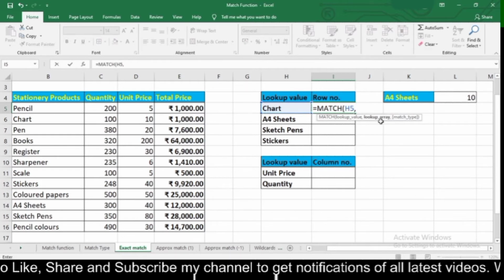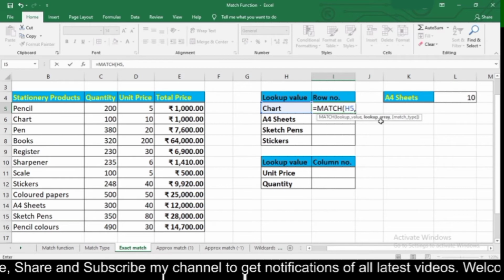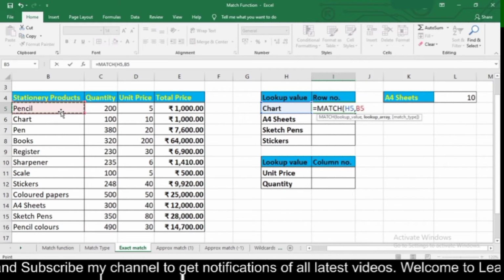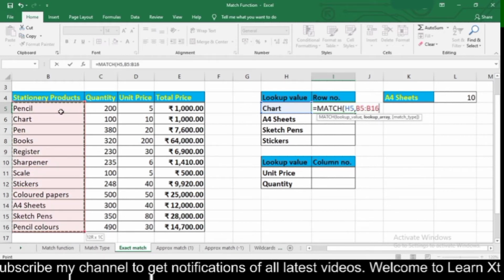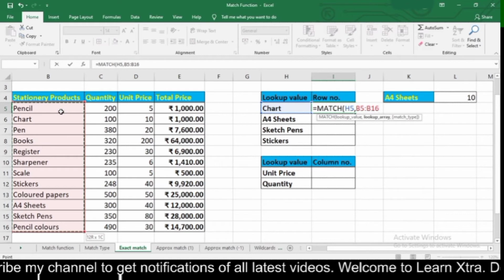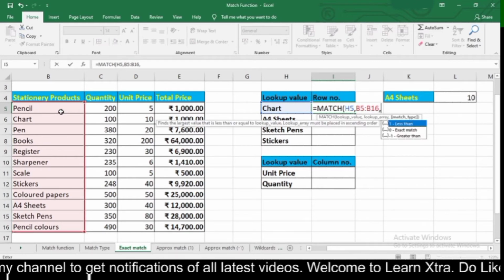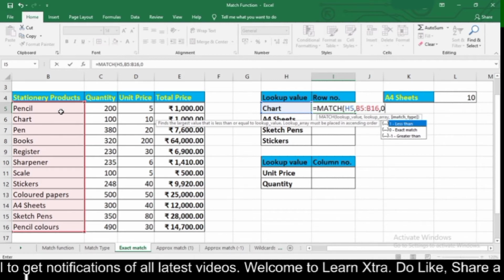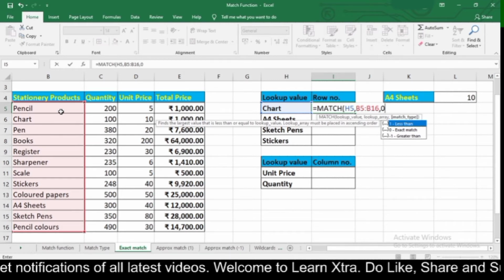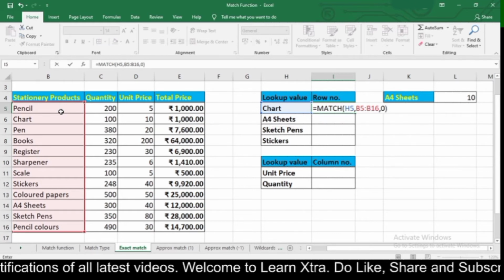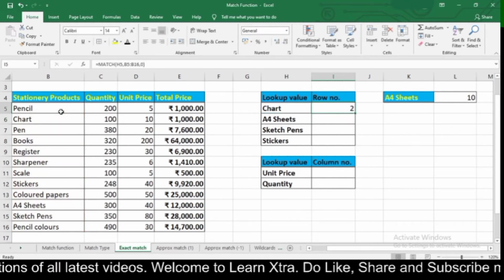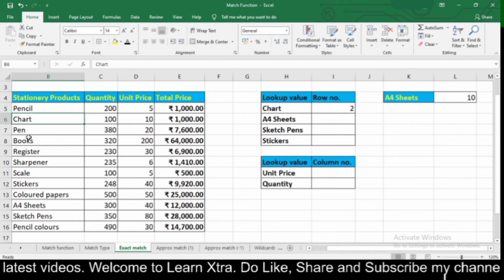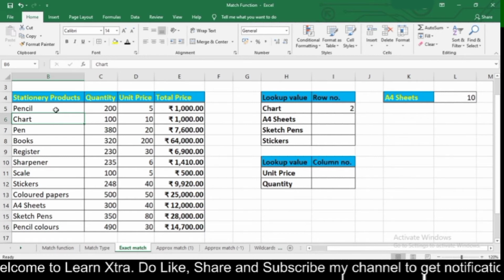Then lookup array. Lookup array is your table from where you need to find out your lookup value. So this is my data from where I need to find out my lookup value. And then match type. Here I will type 0 for exact match because I need to find out the exact row number in which chart resides. Then close the bracket and then press enter. So here I got my answer as 2 because in my table chart is in row number 2.